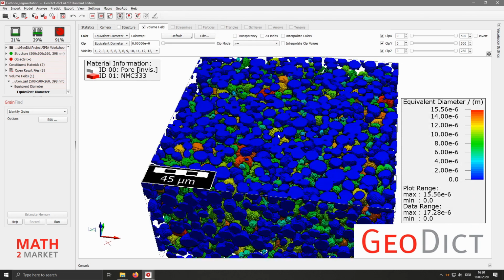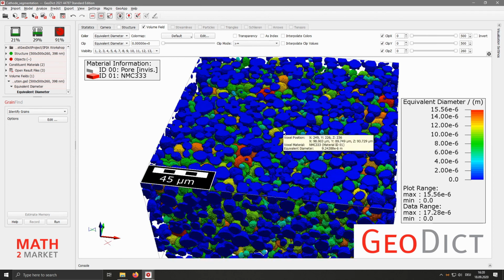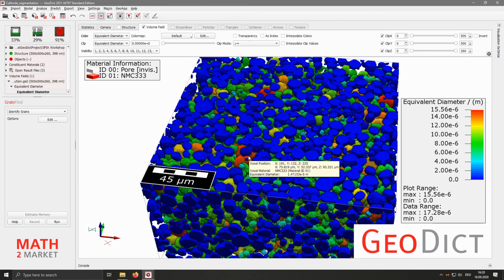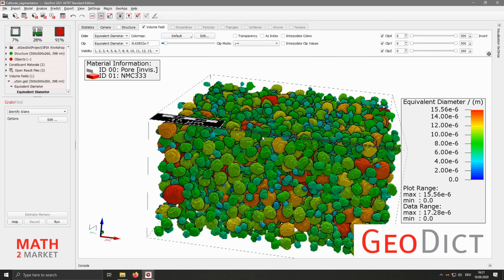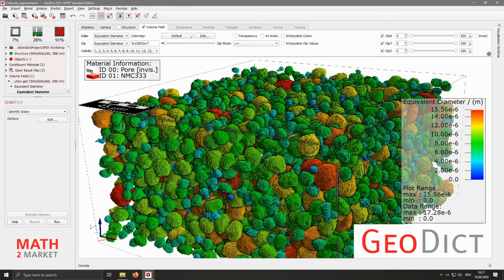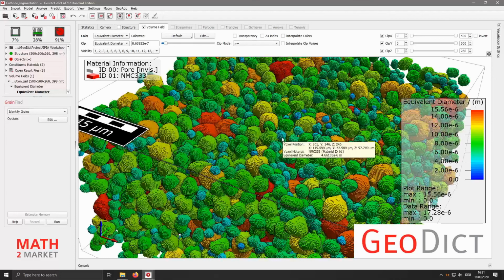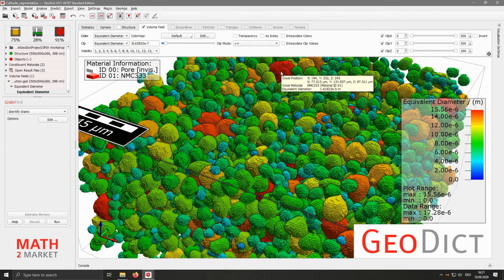And now we see there's the 0 grains out in the outside are the ones that we didn't analyze. And in between, we already see the other grains. If we now increase the clip value we have up here in the middle, we only see the grains that have a diameter bigger than 0. And you can see there are small grains in here that have a diameter of 5.6 micrometer, or up here a really big one with a diameter of 16 micrometer.